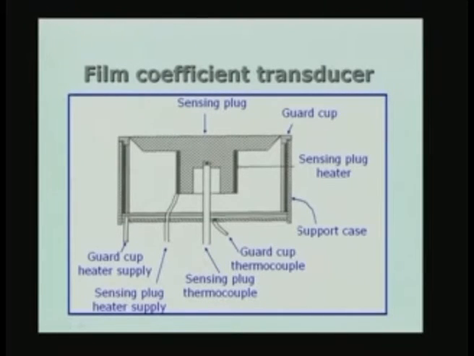So, the only available direction for heat transfer from the sensing plug is the top, and this will of course go to the fluid which is flowing over the sensing plug. So, I am measuring the temperature of the sensing plug. I am also measuring the heat input into the sensing plug by electrical heating. Therefore, the capital Q, the amount of heat transfer to the plug, is measured,